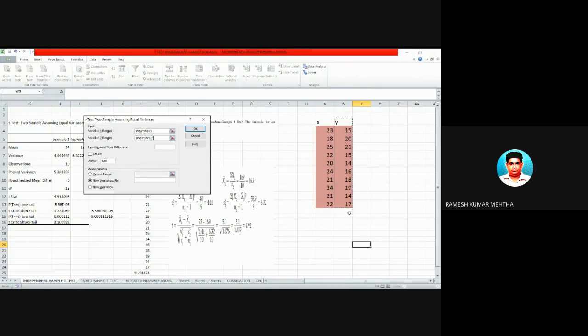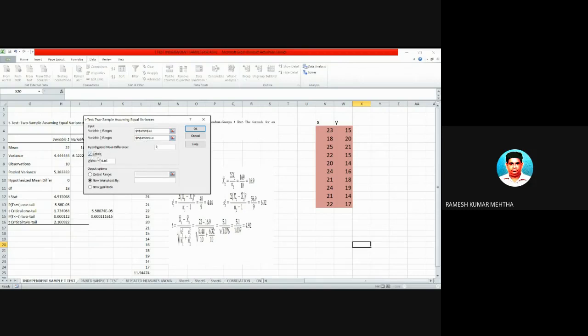So 24 minus 24 is 0. So hypothesized mean difference is 0. So this 0 you have to insert in that box. Have you selected the labels? Yes, this particular variable 1 range and variable 2 range has a label covered in it.